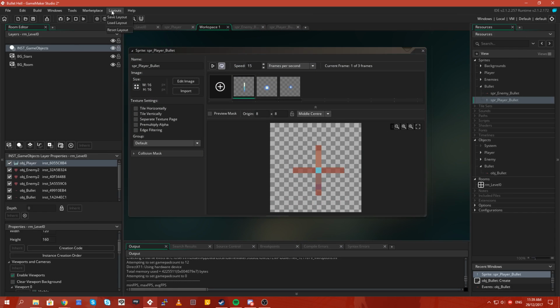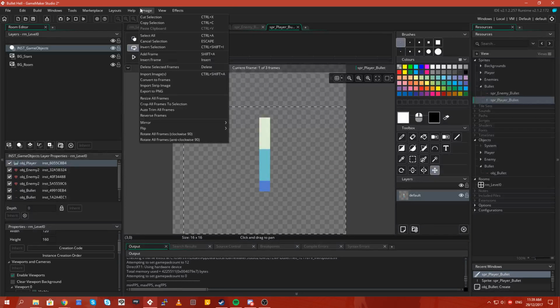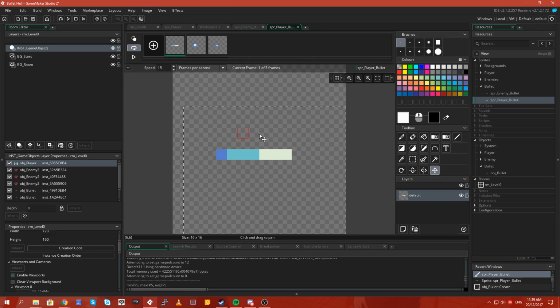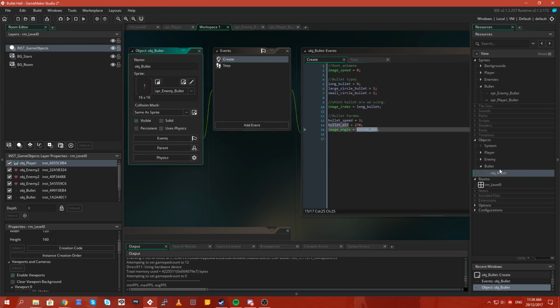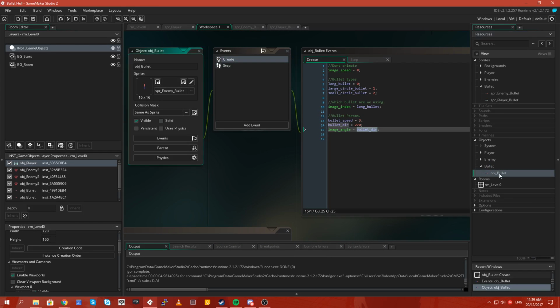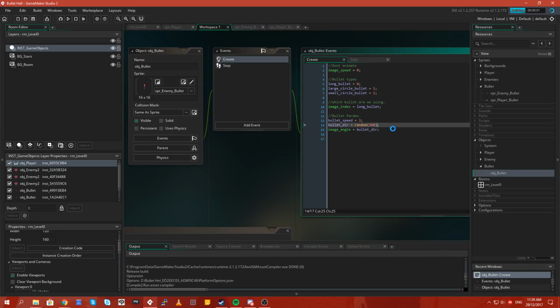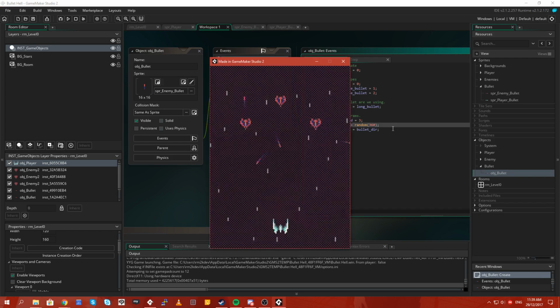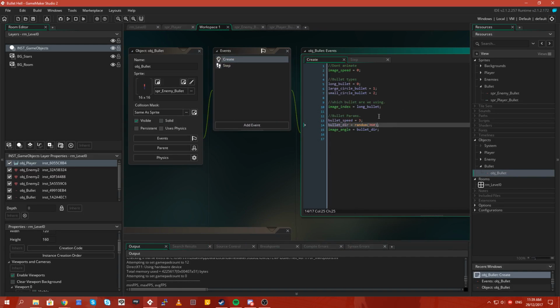If they're facing the right direction, which is 0, and then we apply 270 to them for their rotation, they should be facing the correct direction, which is down. Yeah, so now they're facing down. What this also means, which is kind of cool, is that we can set this to a random number between 0 and 360, and the bullet should fire away in that direction. There we go, and they face the correct direction as well. But we won't do that just yet. We're just going to say that these are facing down.